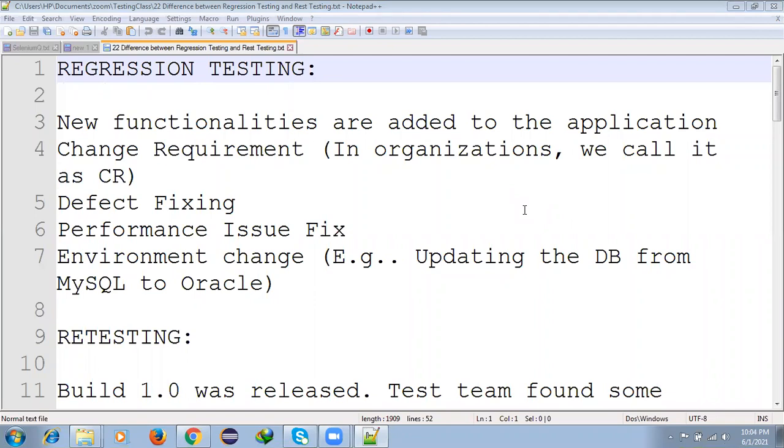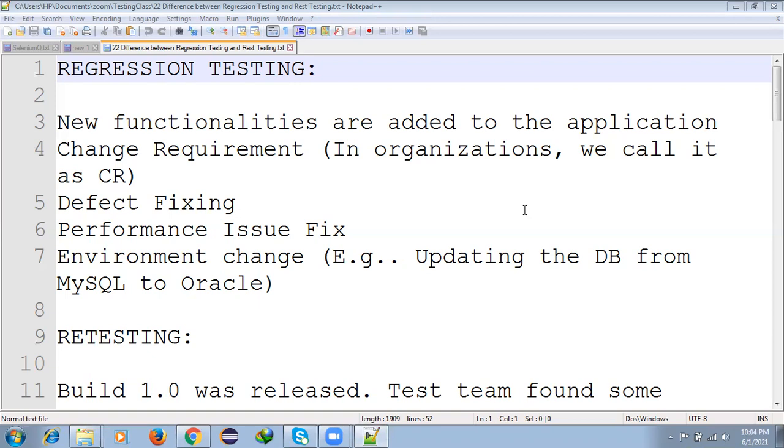Regression testing, right? We tested one build. There are three functionalities, like new and delete. These three things we tested and the release happened, and developers are going to deploy a new functionality, that is an update.